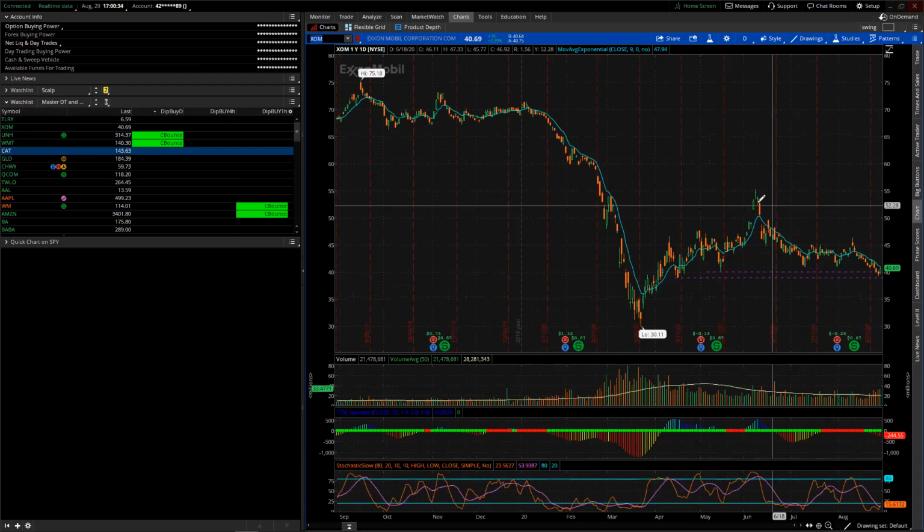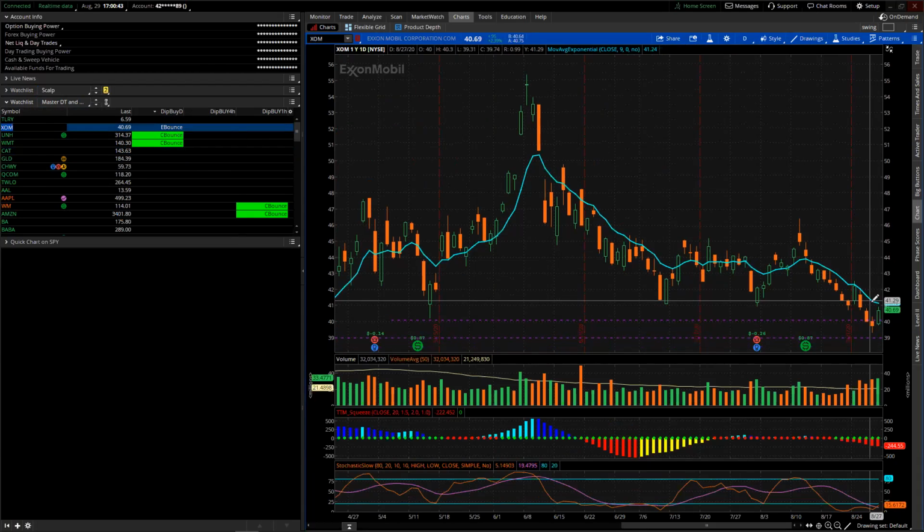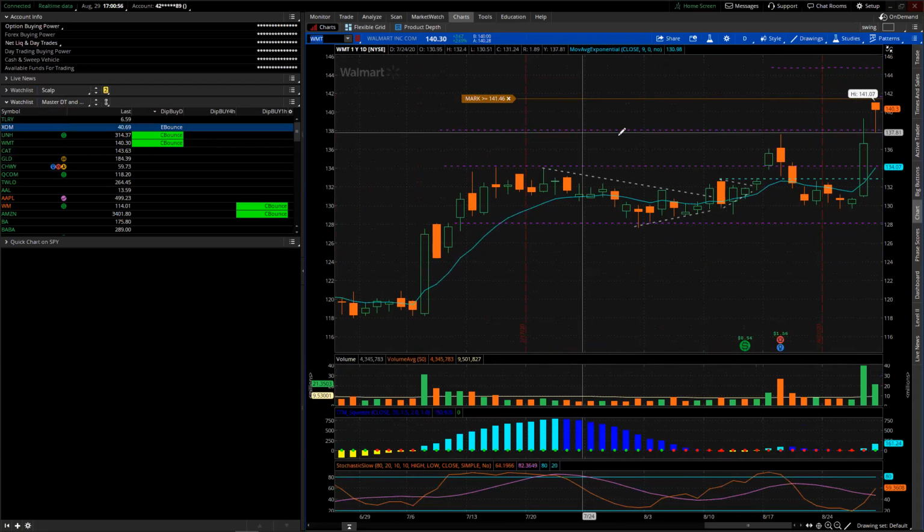Okay. So let's look at XOM. What this is telling you, the color's messed up, but I need to fix the coloring. But you see how this says E-bounce? This means that it's an early bounce. It's a bounce happening, but it hasn't confirmed, meaning it hasn't broke the moving average yet. If it says C-bounce, that means it's confirmed a bounce and it's broke the moving average, confirming momentum back to the upside. So if you look at Walmart on the daily, the reason why this is showing up as bounce is because it took a major dip intraday and now it's coming back. So that's why it shows either setups like this or it shows longer period bounces.